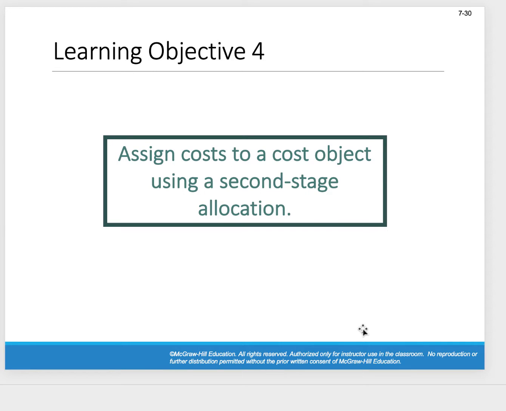So let's see, how do we assign cost to cost objects using the second stage allocation? It's very easy, and let's build on what we already know. We already know the traditional method. We already know that I use this predetermined overhead rate. I take my estimated overhead, my estimated driver, I divide them, I get a rate. We already looked at that process